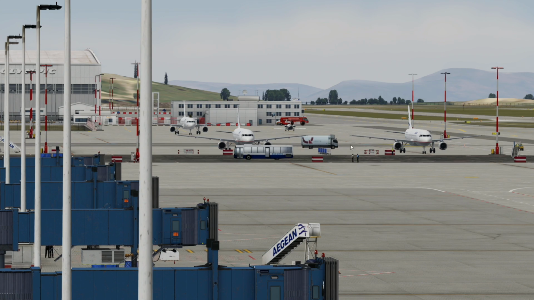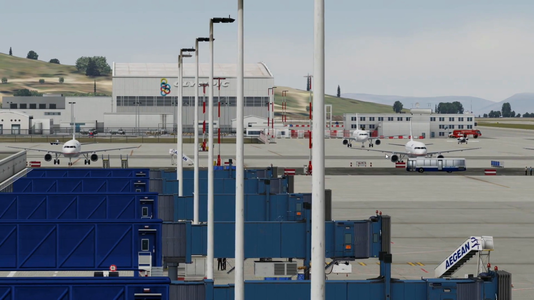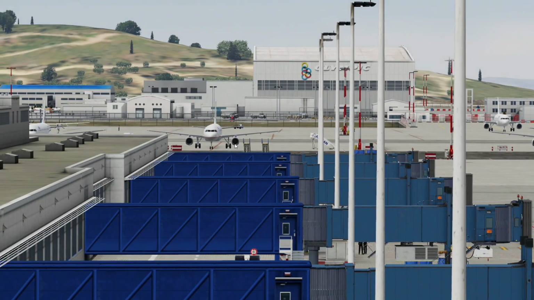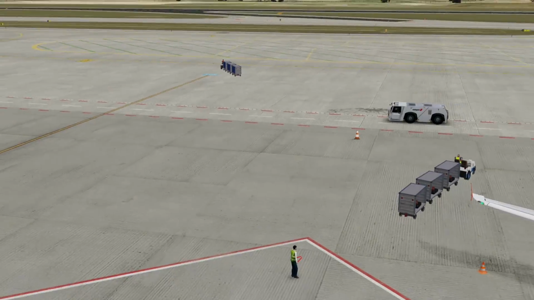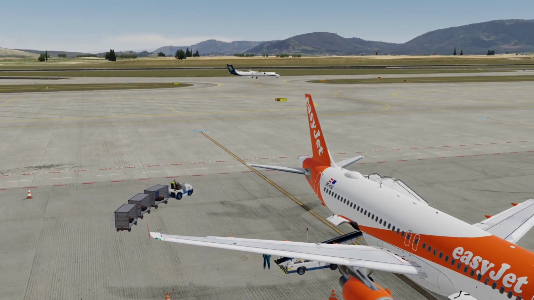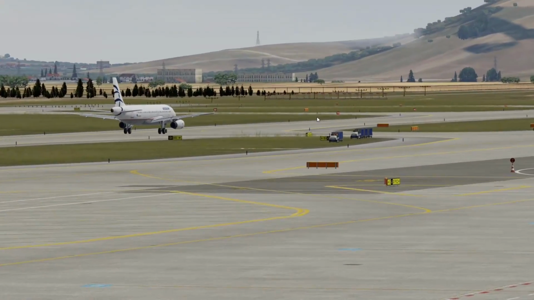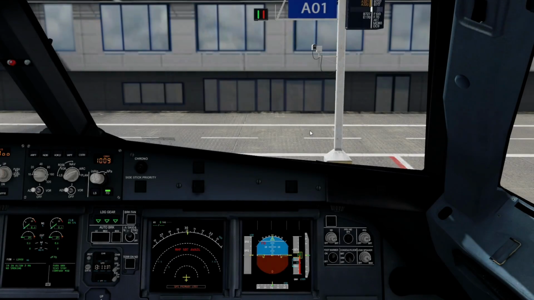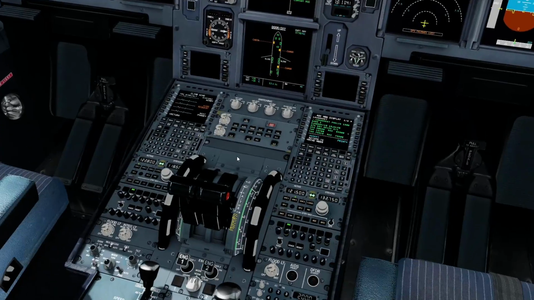I remember a while ago doing a flight from Athens to Amsterdam in the Aegean A320, in a full flight video. Anyway, it sounds like our GSX vehicles are on the move. There we go. You can see our baggage is all the way over there. But it's not like we've got pallets, so it won't take too long. Right, so...